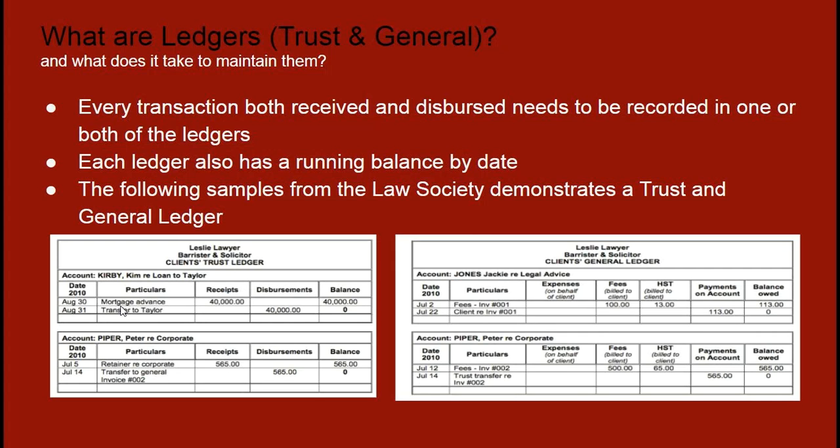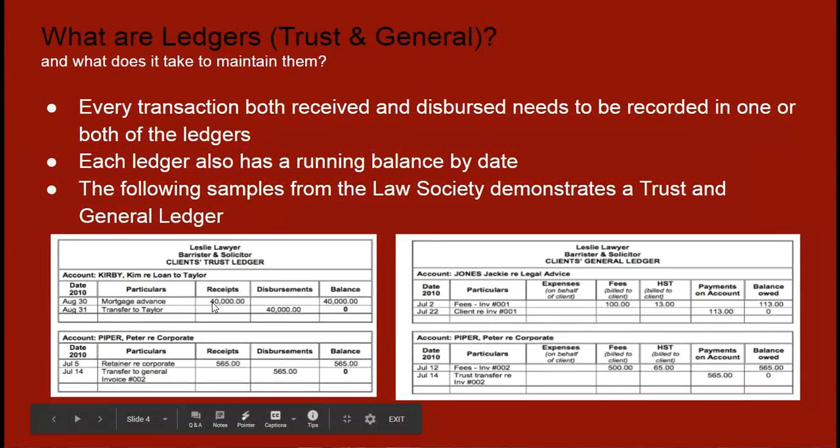What was this particular transaction for? So was it a retainer? Was it a settlement payment? Was it money, other payments into trust from a real estate transaction? What was the reason for this particular amount to enter the trust account? That's the second question. When did that amount enter the trust account? What was it for? And of course, did that money enter the trust account or did that money leave the trust account? When that money did enter the trust account, what was the balance in that particular client's trust listing, if you will?